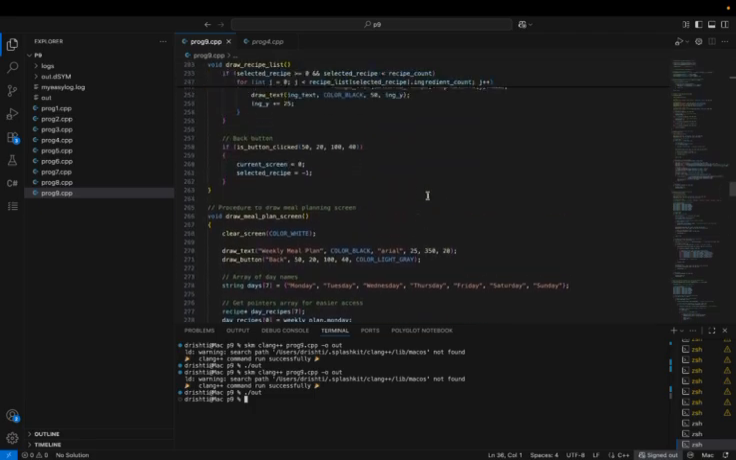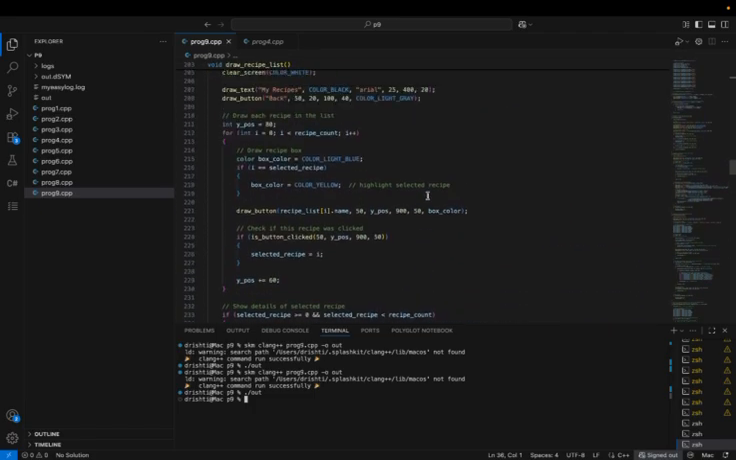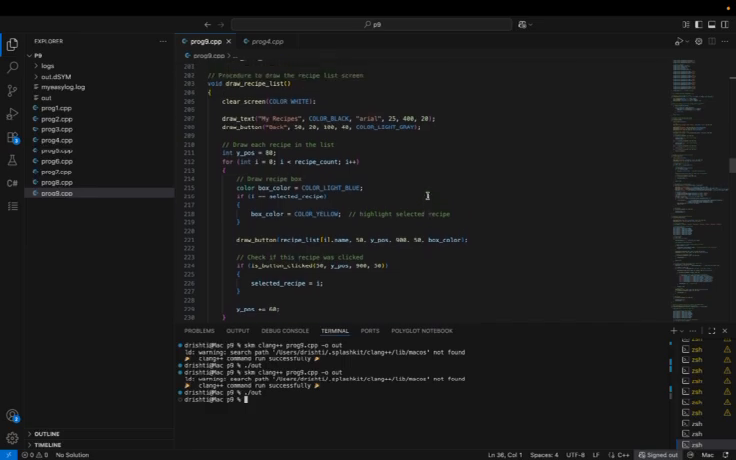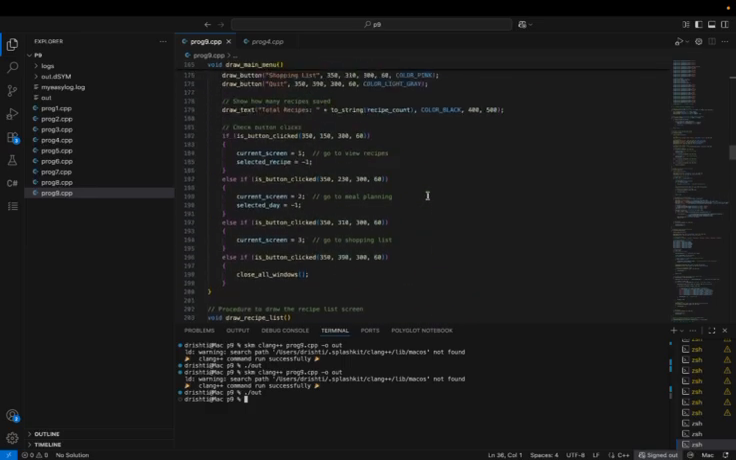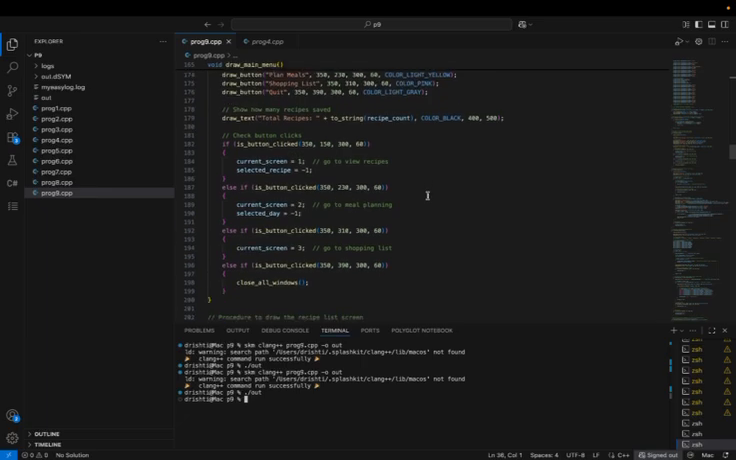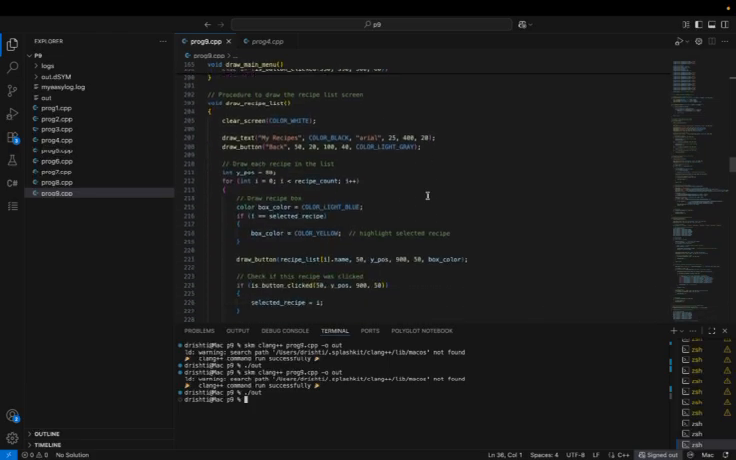In the main menu, it checks which button you click. Like if you click the first button, it sets current screen to 1. If you click the second, it's 2, and so on. In the recipe list screen,